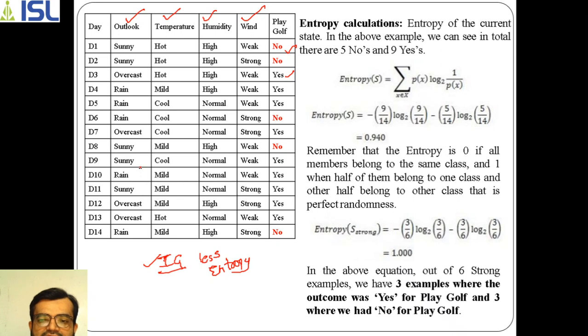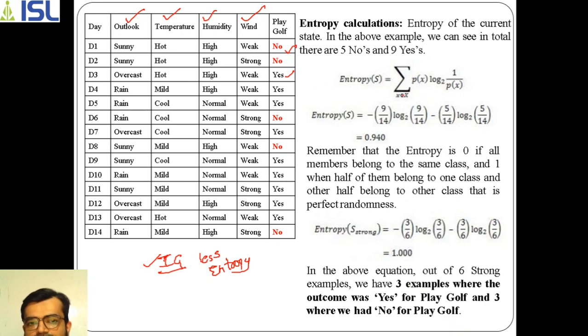Now there is an example I just want to share with you about entropy. Here I gave you the formula of entropy. P of x is the probability, if you consider the entropy of the current state. S indicates the current complete sample data set. This data set will be given as an input, and you need to draw a decision tree. So here entropy of S stands for the complete data set.